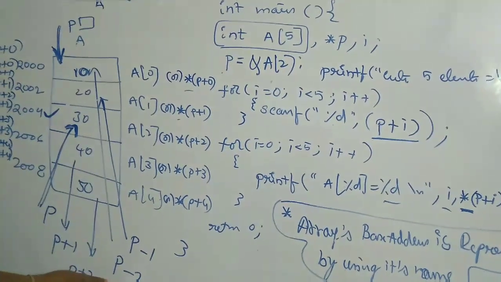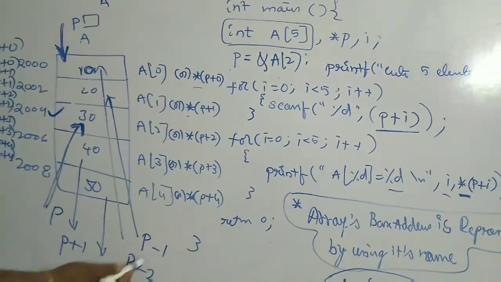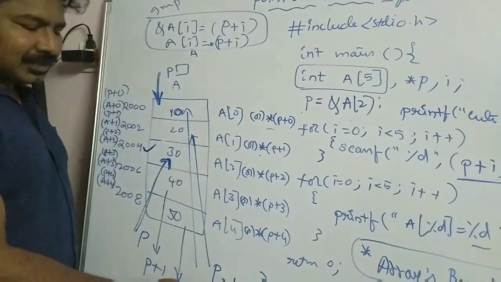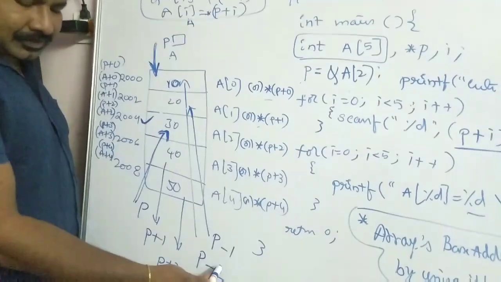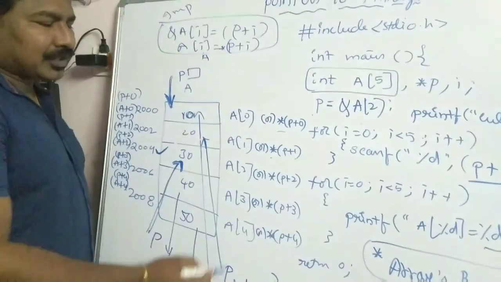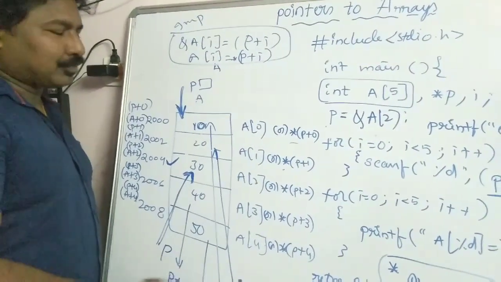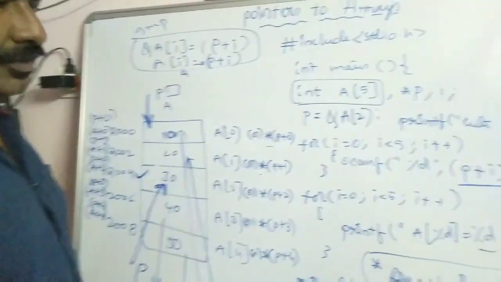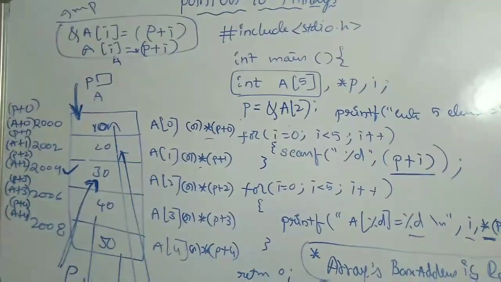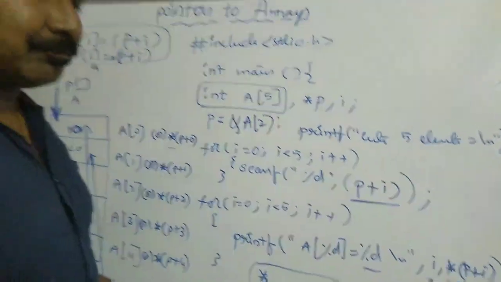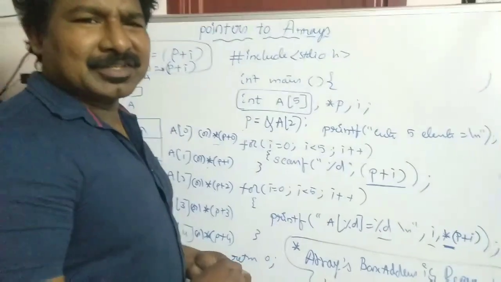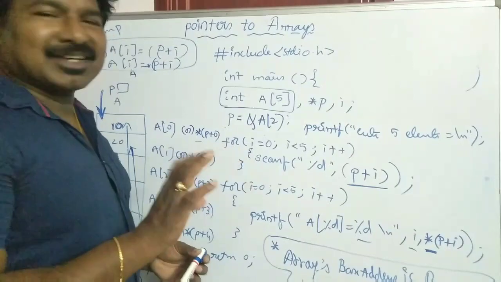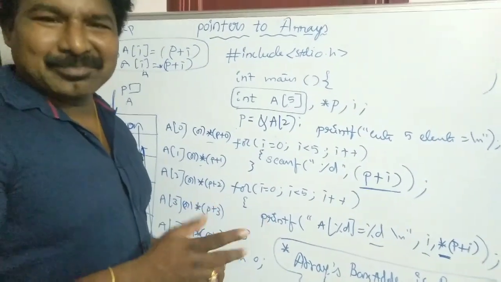So here you can clearly see that a number can be added to a pointer, or a number can be subtracted from a pointer. This is how you can add or subtract a number from a pointer to access elements in the forward direction or the backward direction. Now I will show you another important arithmetic operation that is valid. I have already told you that you can perform increment and decrement operations on pointers.